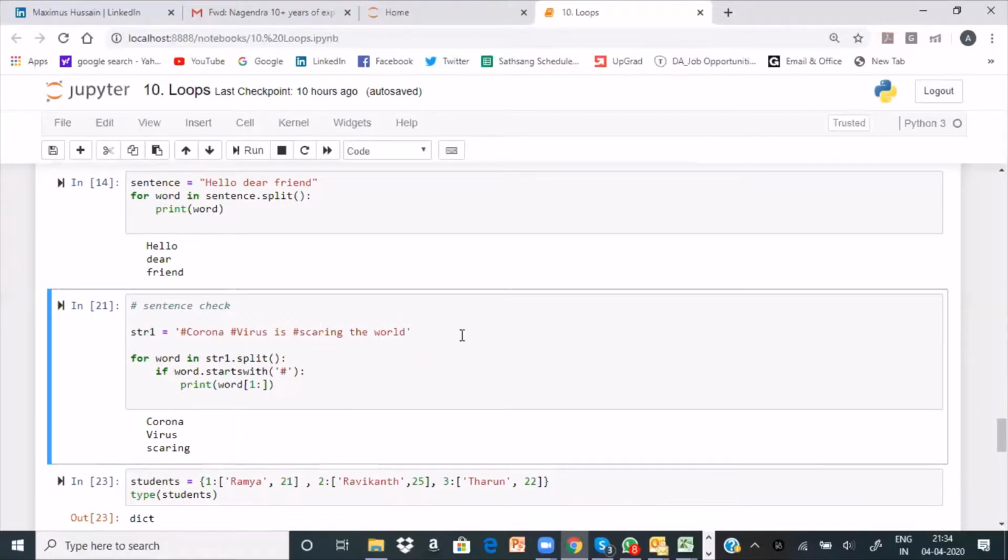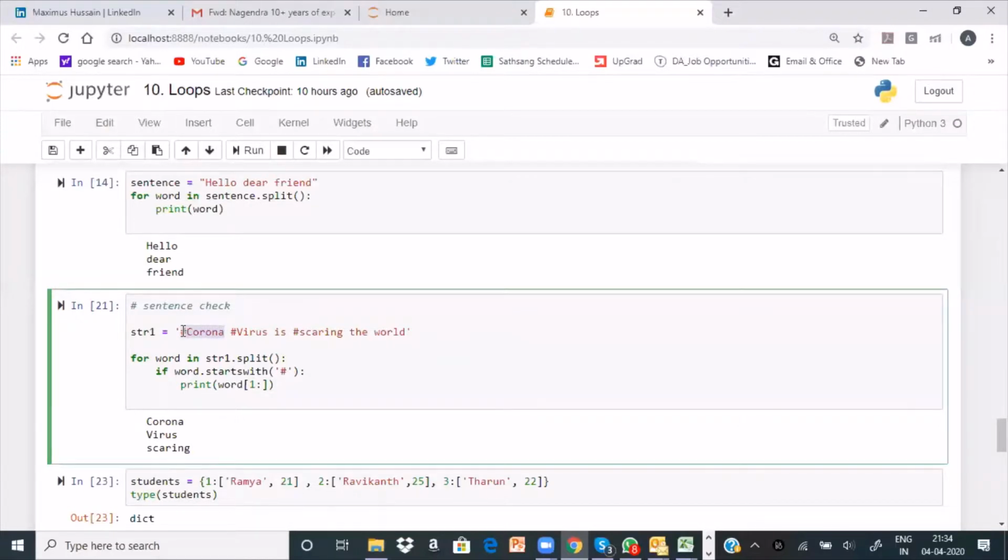After splitting all the words from this sentence, I am using a function called startswith and passing this hash. If any word starts with this particular character, print that word from 1 to the rest of it, because the hash is at the 0th position.